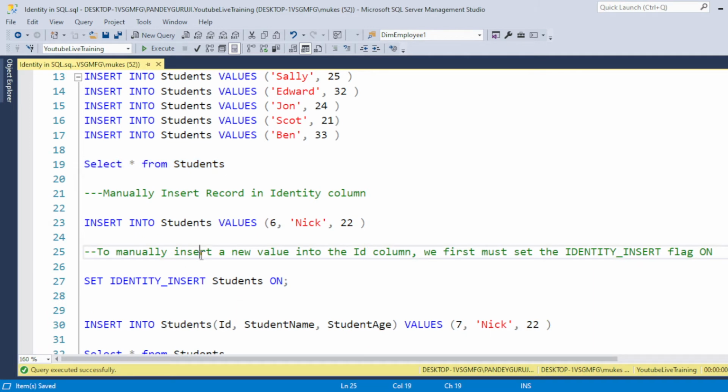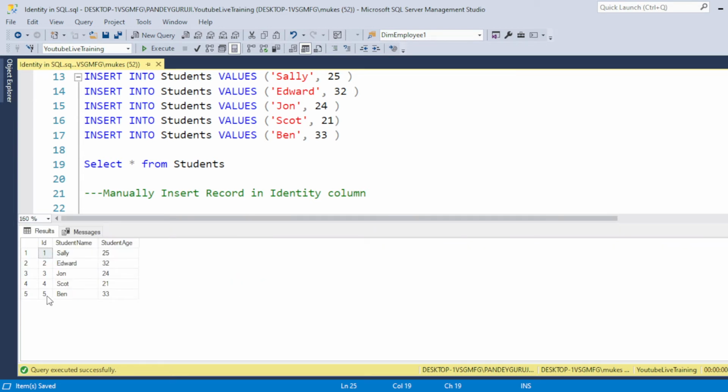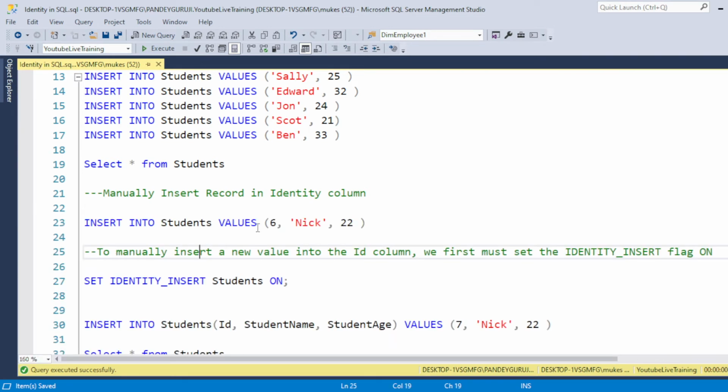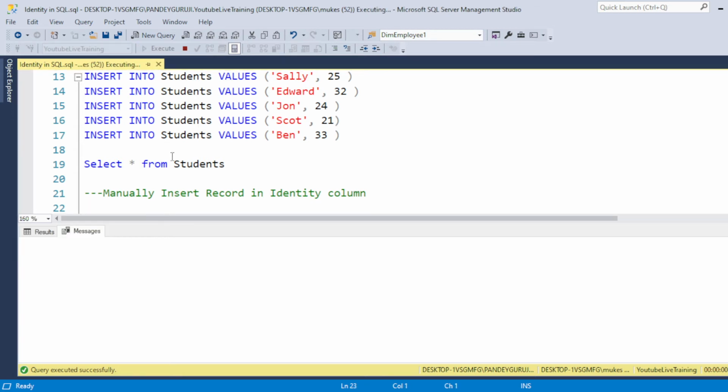But what will happen when you try to manually insert a value into the column where the identity rule is set? We have 5 in here, but if you want to manually insert the employee ID equal to 6, it will not allow you to insert the value into the identity column.